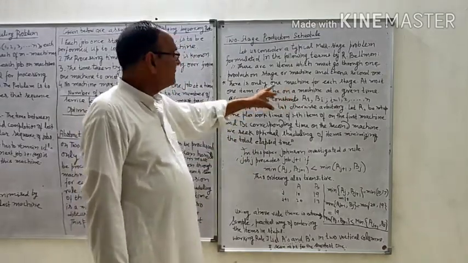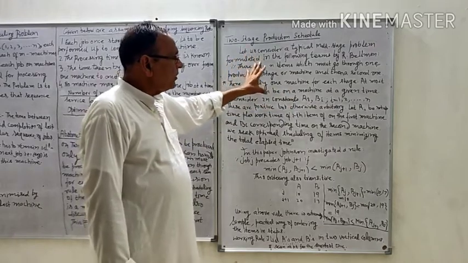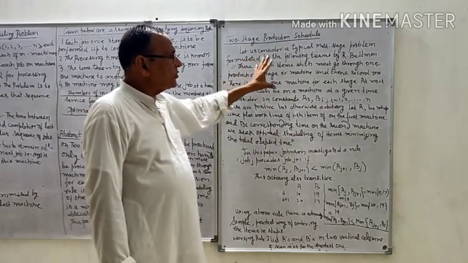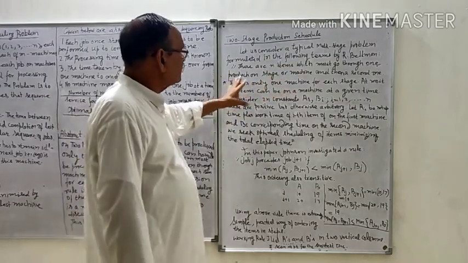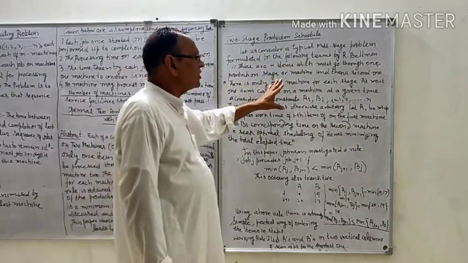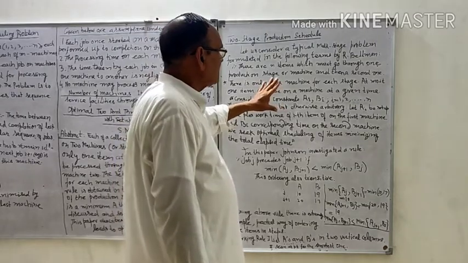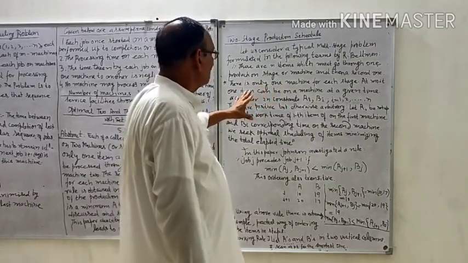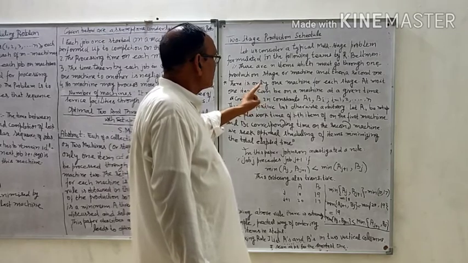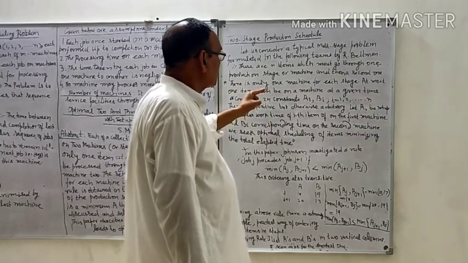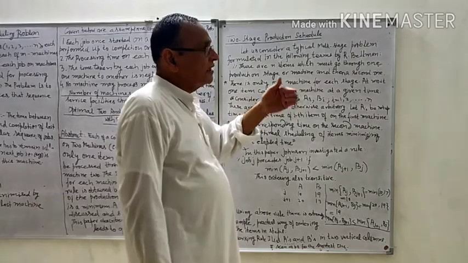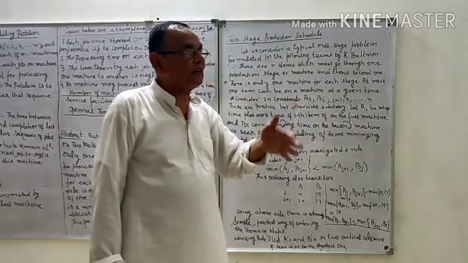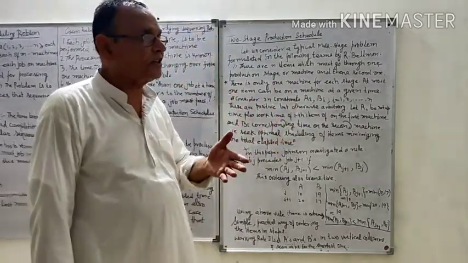So here is a production problem in which the job first goes on the first machine and then on the second machine, and then Johnson and most of the authors in sequencing and scheduling theory have taken that there is one and only one machine of one kind. If it is a printing machine, there is only one machine. If it is a binding machine, it is only one machine.